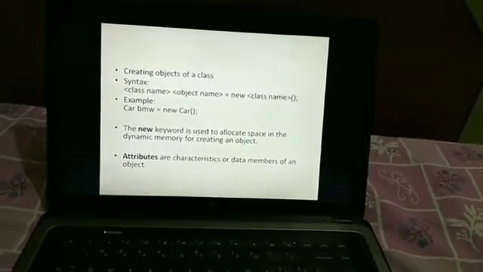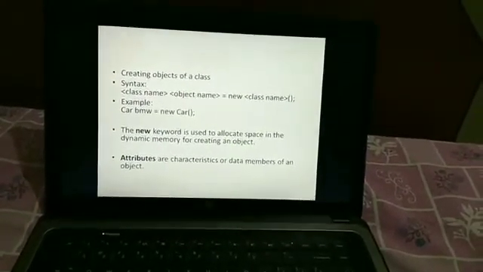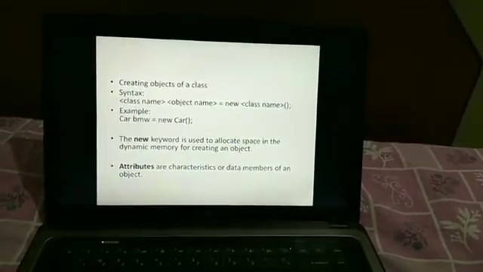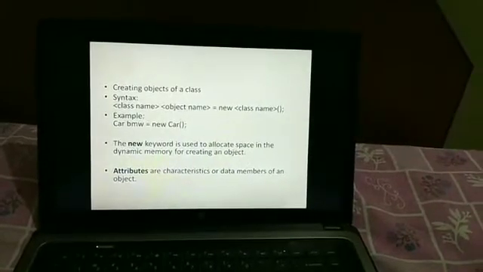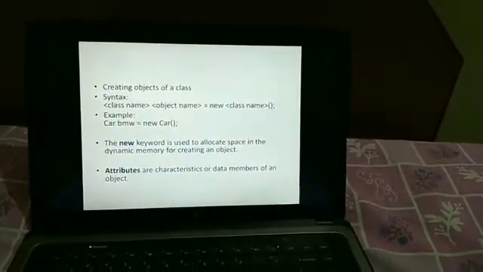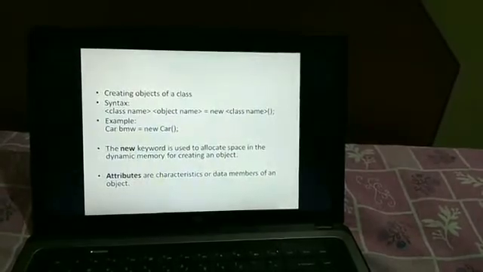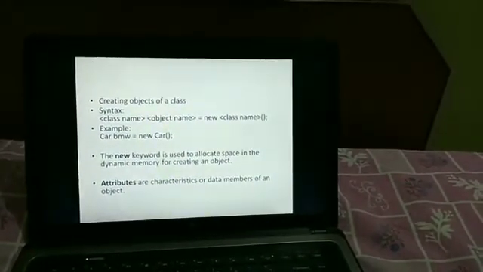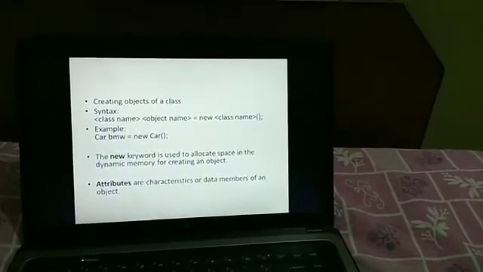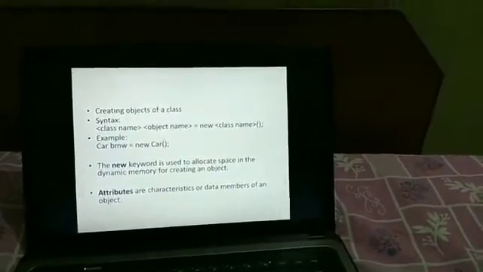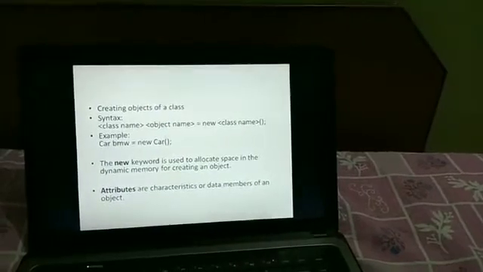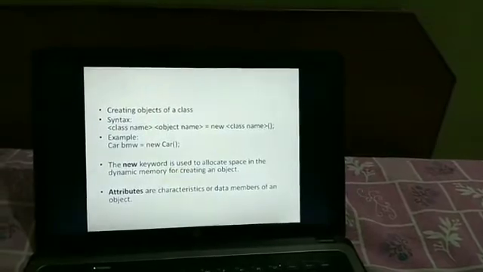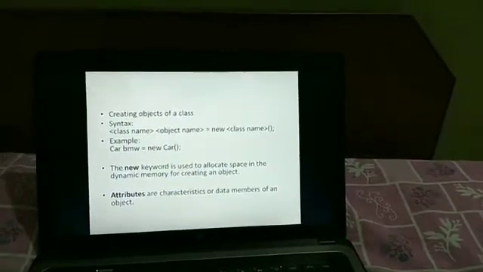It is class name, object name equals new class name, where you insert the name of your class, then the name of the object, joining them with a keyword called new, and then you call a function by the same name as your class name. In this way you create objects of a class.